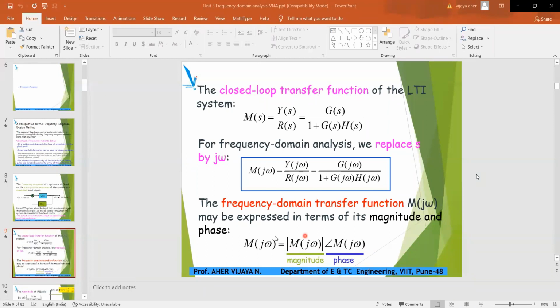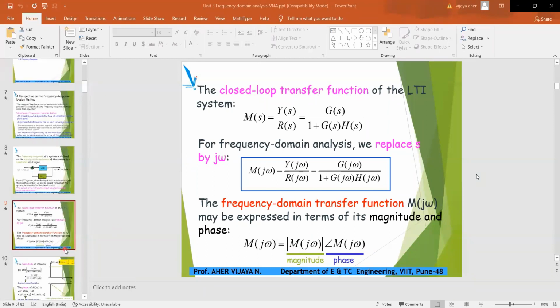Are you with me, students? So all these steps you have to write in your notebook. So take your pen and notebook to write all these things. Okay. Now,